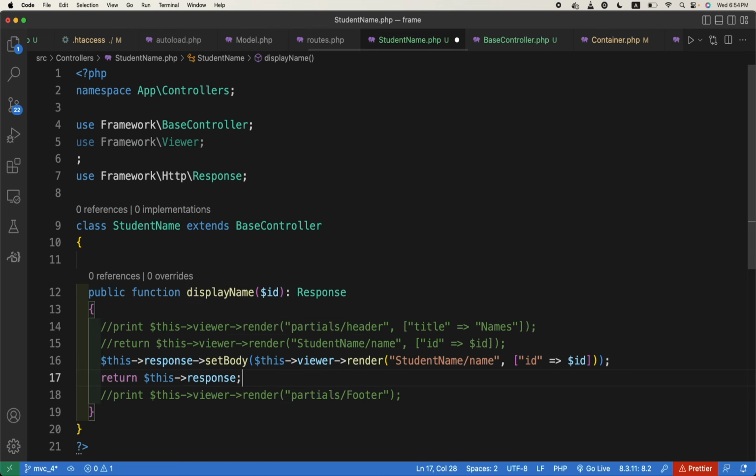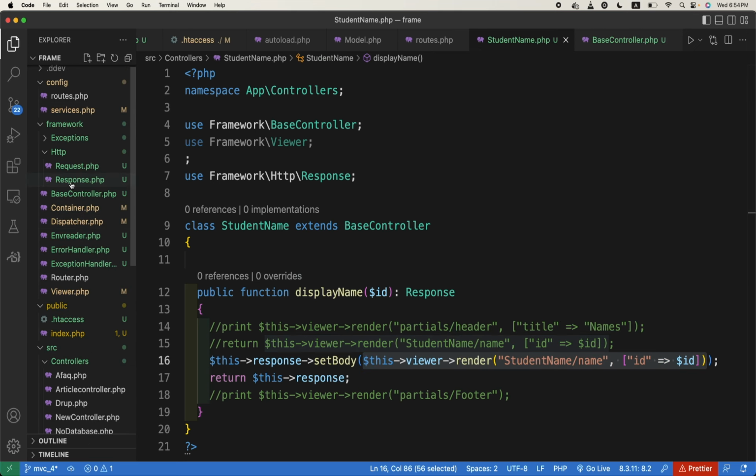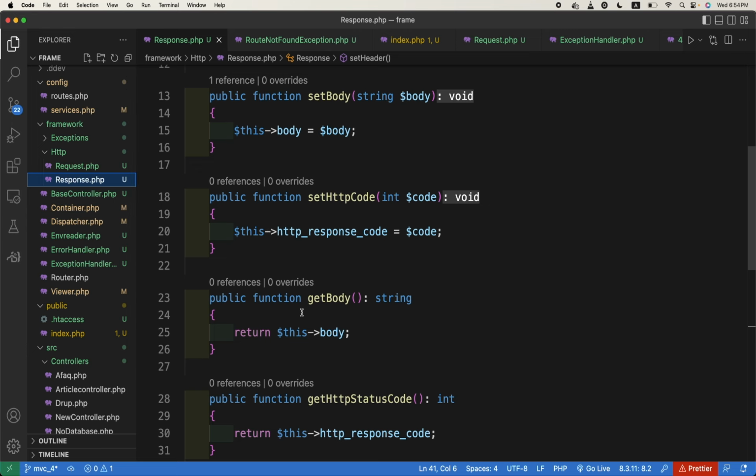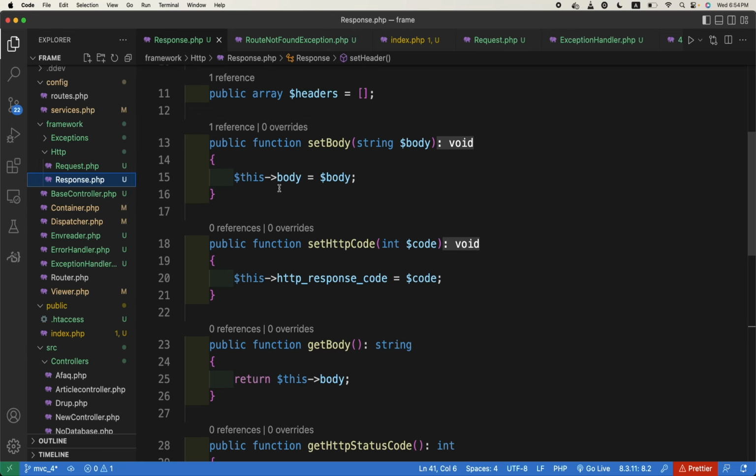Return this dot response. That's it, because the return type is response. I will uncomment these parts, but for now just realize that we have set the body of the response to the output of the view template. If you go back to the response.php, you can see the set body is a property on